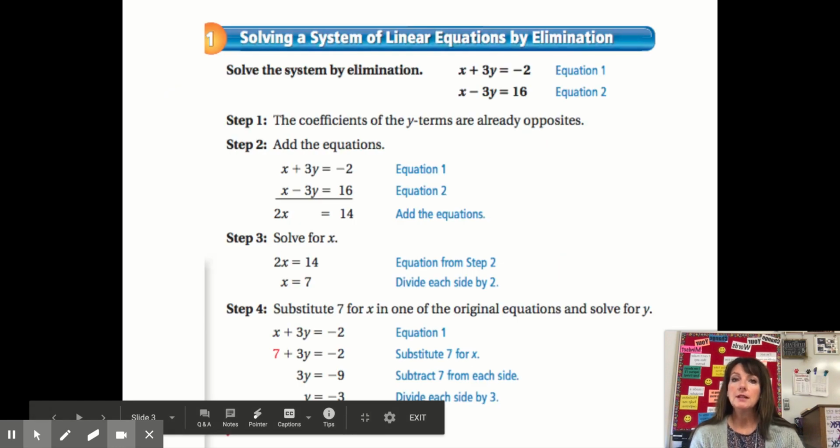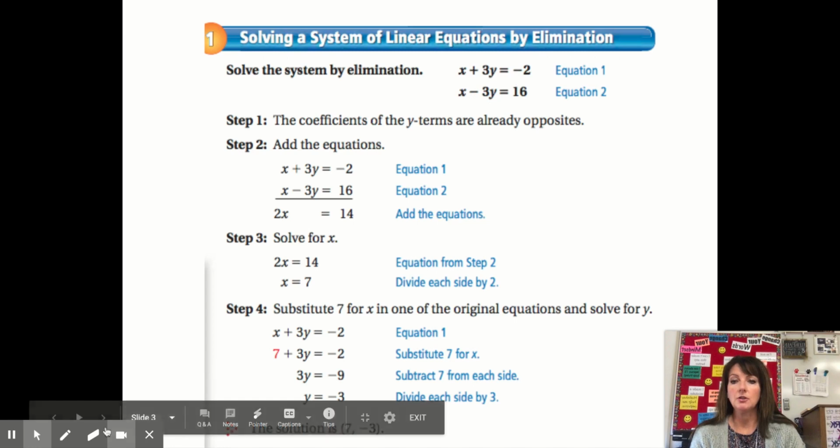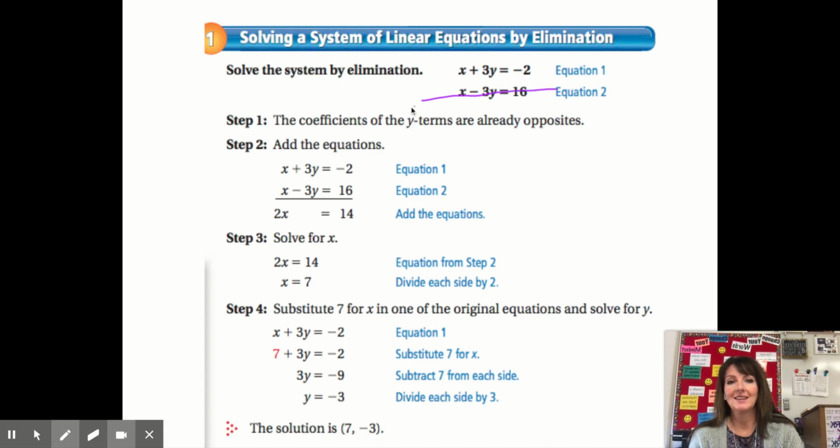So from the textbook, if you look at this example, you have the first equation, x plus 3y is equal to -2, and then x minus 3y. So you can see this is already set up so that if we were to add,